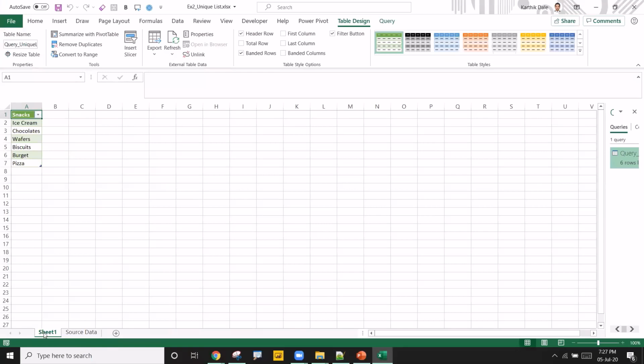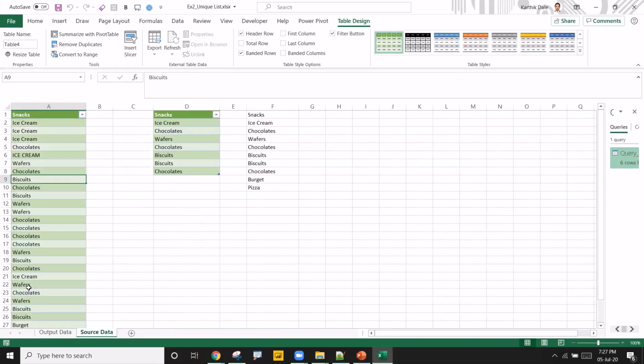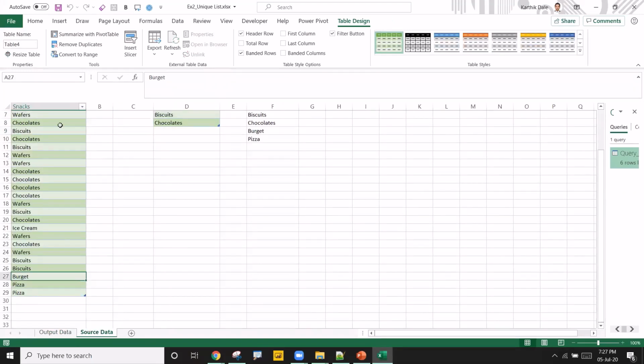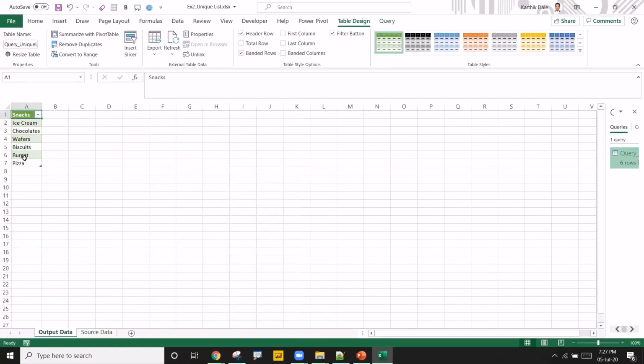I'll call this the output data, or whatever name. In the source data, sorry, here I misspelled this. So I'll change this. Once I go back, it is still not corrected. Right click and refresh, it will be taken care of. Correct? So this is how it's working.